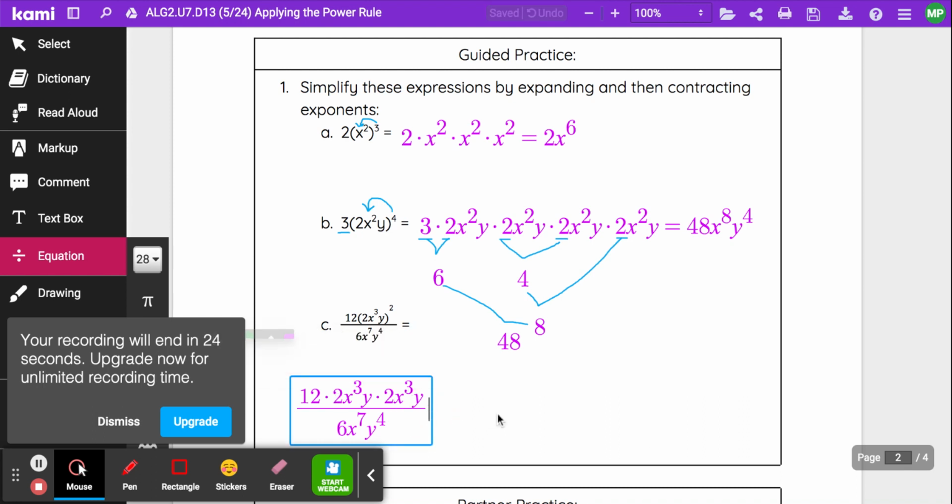Oh no, I'm running out of time. Okay, it's warning me I have 22 seconds, so I'm going to do this really fast. 12 times 2 times 2. If I were to do that in my head, which I would not want to do, I'm going to get 48 over 6, and this is going to be still x to the power of 3 y times